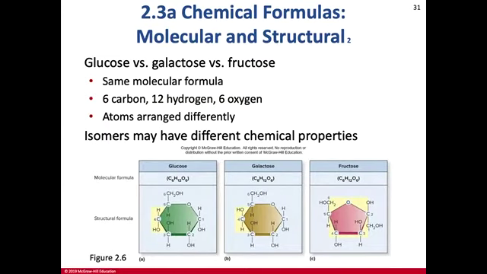Now, what I want you to notice about these drawings, okay, is that they're kind of not totally accurate in a way, okay? By looking at these drawings, you would think that the glucose, galactose, and fructose are all flat like a pancake, and they're not, okay? They are, in fact,